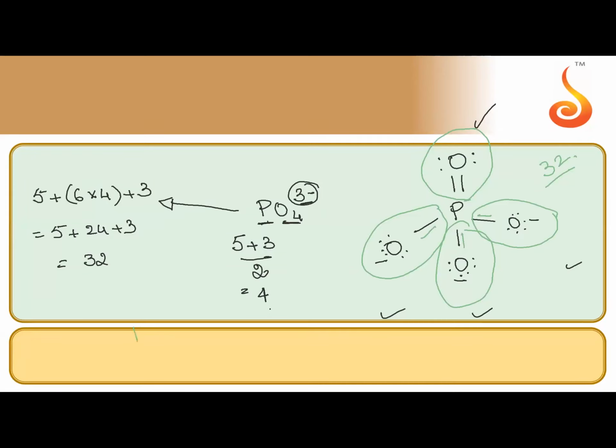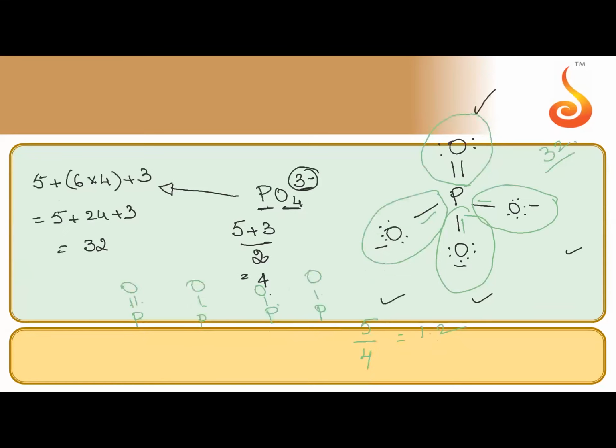So in here we are having P double bond O. In one more case, P single bond O. One more case, P single bond O, single bond O. So what is the average bond order here? 2, 3, 4, 5. 5 by 4. Correct? This will be the bond order. 1 point, what is that? 1.25, correct. So that's our answer here.